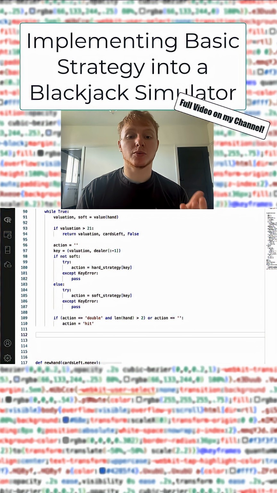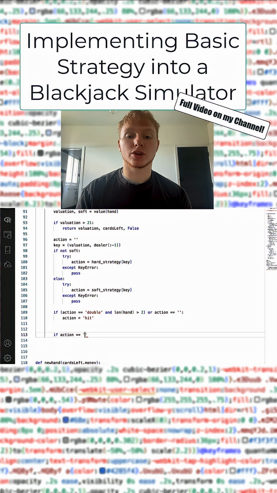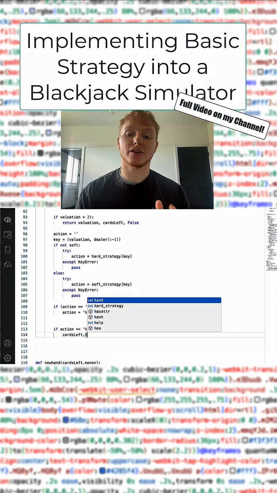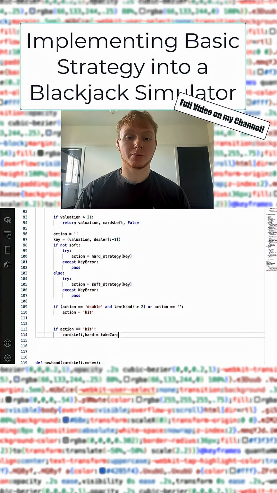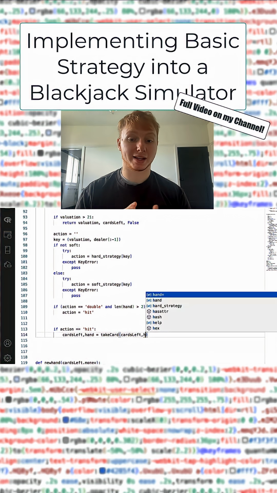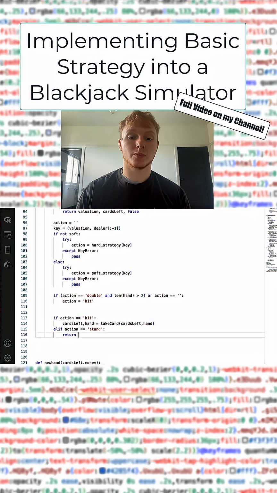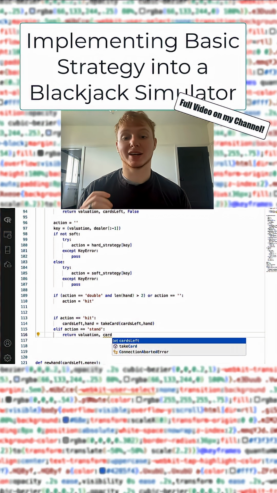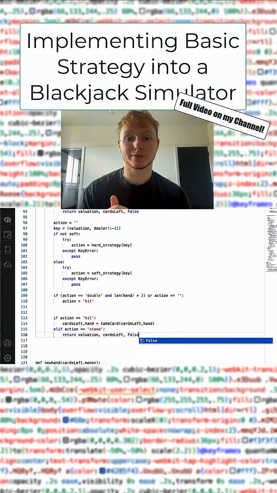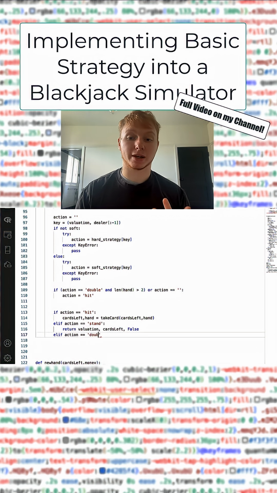Now that we will have what action we're going to do, let's program in these actions. Starting off with hit. What we will do is just use our take card variable from previously, placing in our cards left and our hand. Next is stand. Stand will just return like before. We give the value, cards left, and if we double down, false. Finally, doubling. We want to